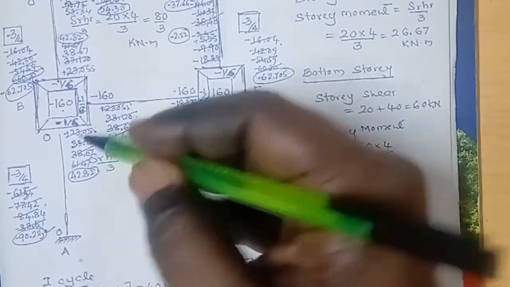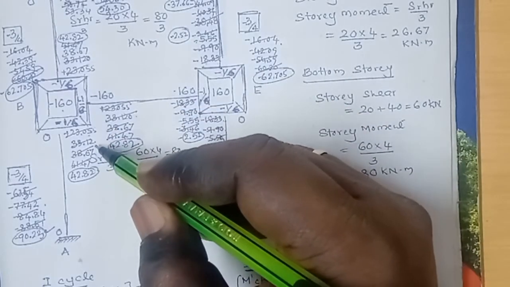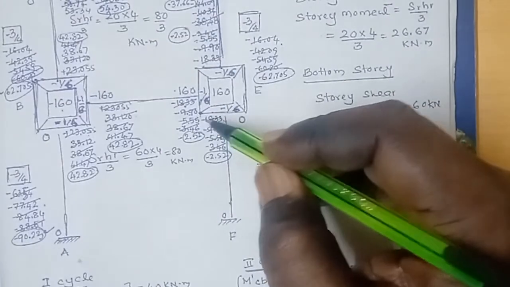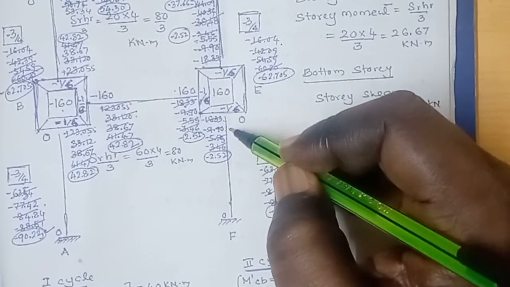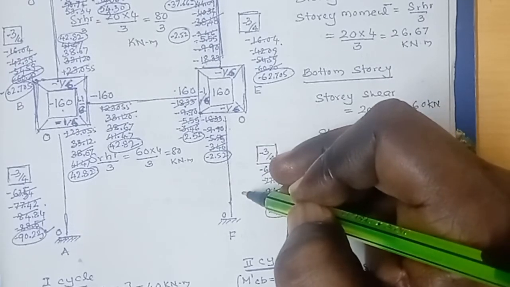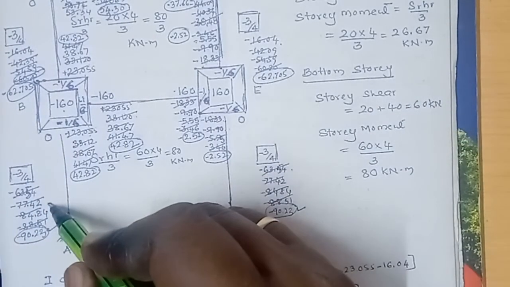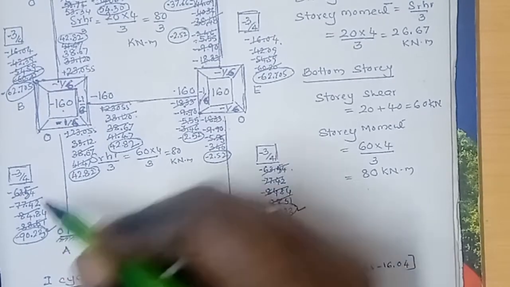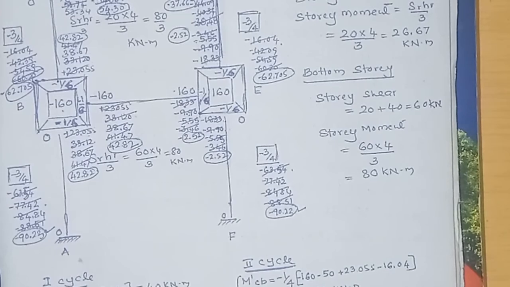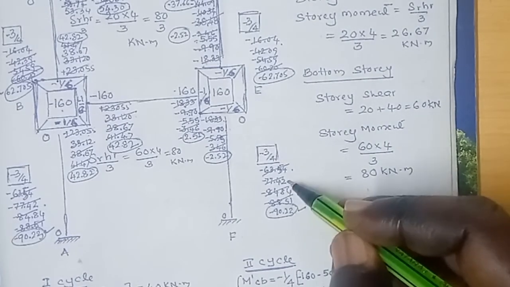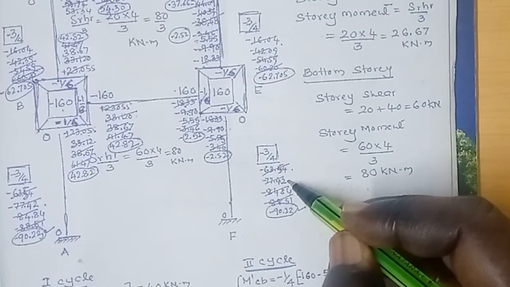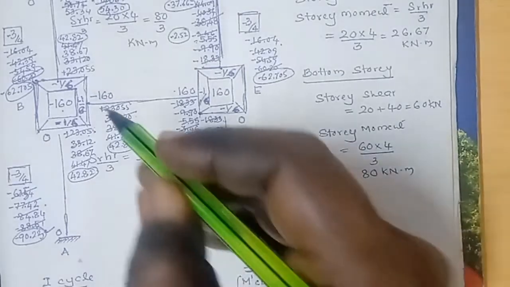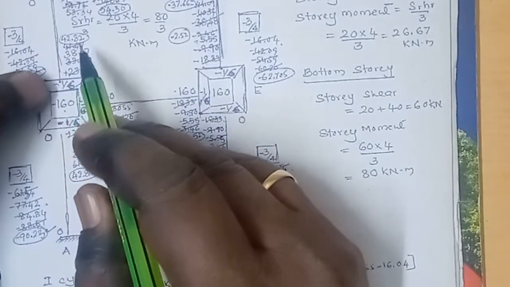Upper end rotational moments are 33.12 from b to a, minus 9.90 from e to f, that equals minus 77.42. Strike out the first cycle value, then write minus 77.42. Then similarly for the other vertical member, that is minus 77.42 in the lower story. Then we have to write here. Then go to the upper story, that is the top story.